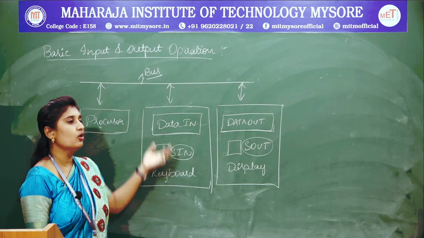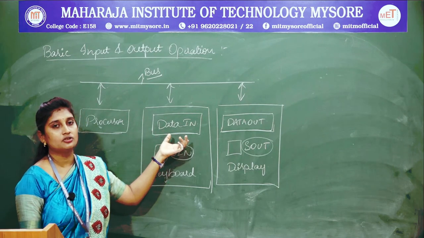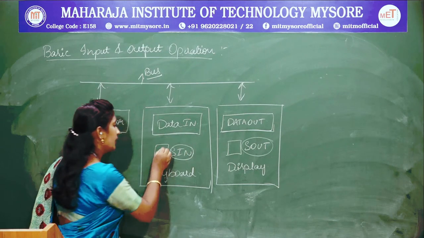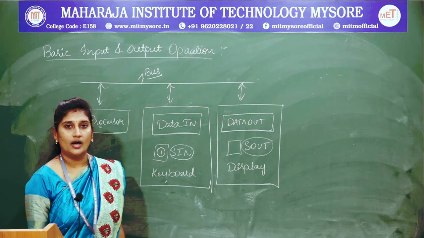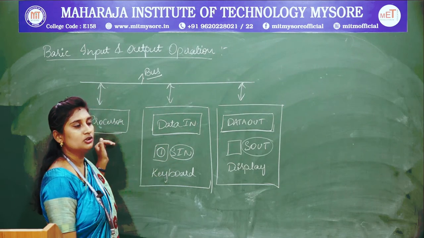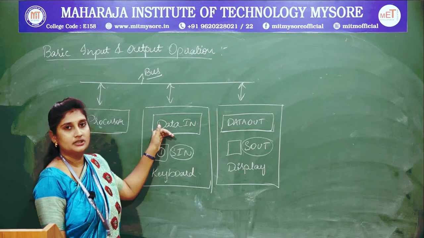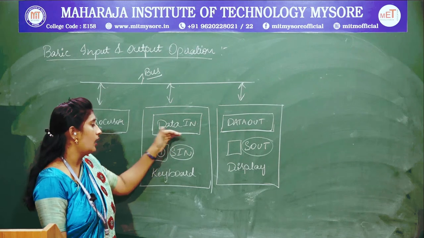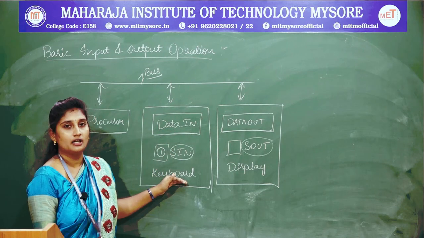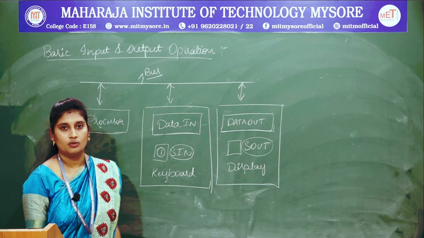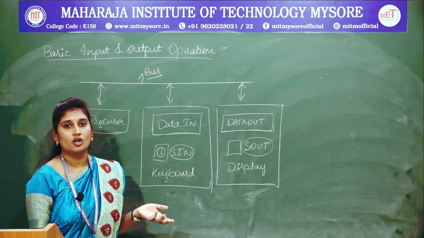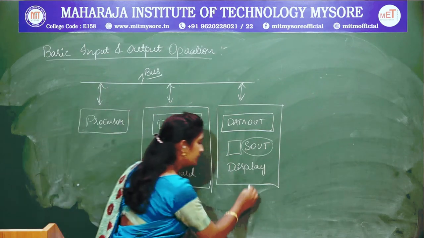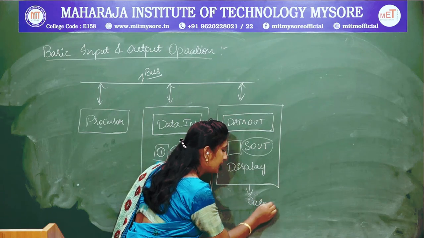What happens? It will go and fit in your buffer register, which is called data in. So when the data in is being filled, your S in status flag is set to 1. When S in is 1, it is understood by the processor that your buffer register has been filled. Now you can read a character from the buffer register. At that time you can make use of that time to enter another key on your keyboard. That is how you will be increasing your typing speed on your keyboard, as well as coming on to your display unit, that is your output device.